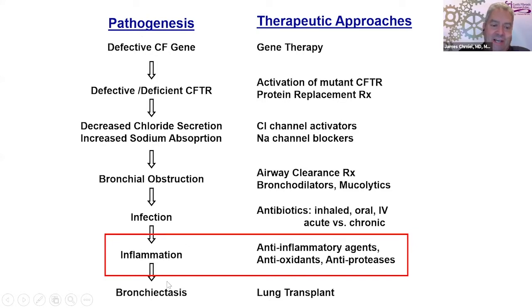And eventually you get damage to the lung airways themselves. This is called bronchiectasis. It's when the chemicals and proteins in the airway damage the individual's own airway walls. And we're going to focus here. My charge for the next several minutes is to give you an update on anti-inflammatory